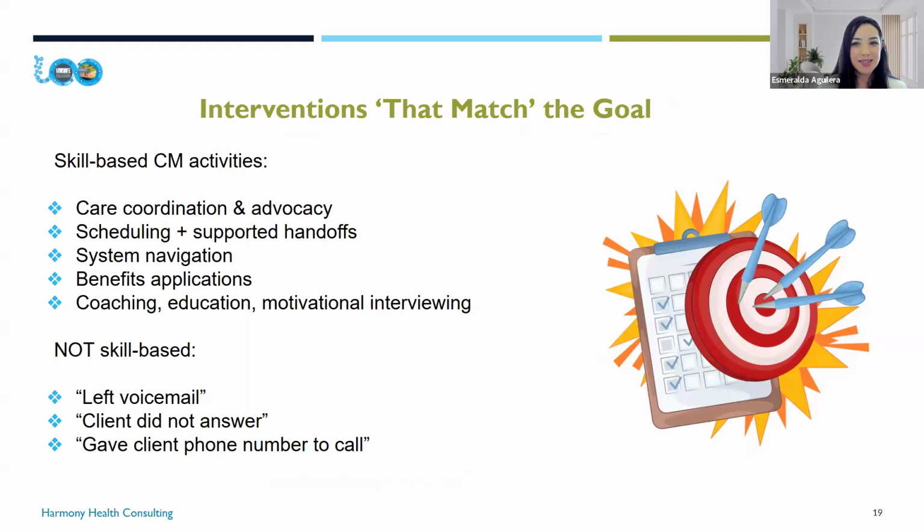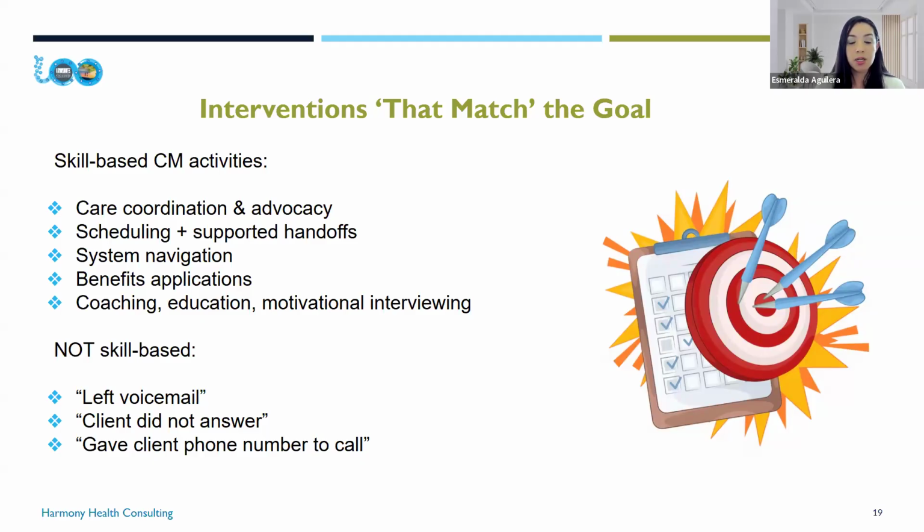All right. I do want to also go in here when we're talking about interventions and matching them to our goals. I want to clarify the difference between a skill-based case management activity and a not skill-based administrative task. We see this sometimes happen as we get working with our clients, and we want to make sure our documentation really shows the great work and the skills that we hold as case managers.